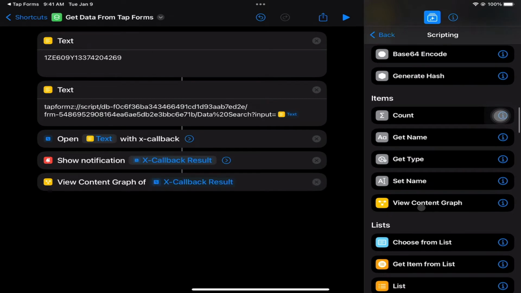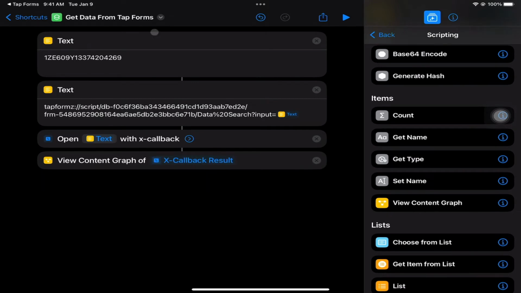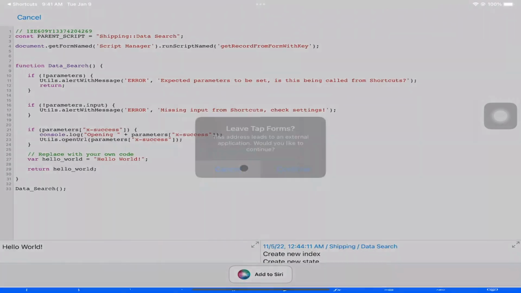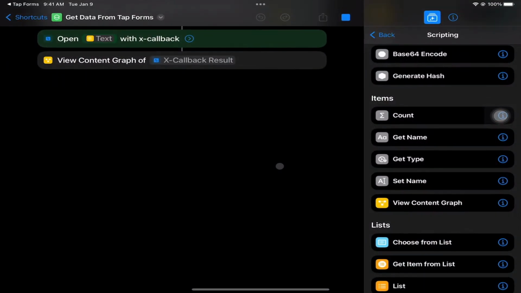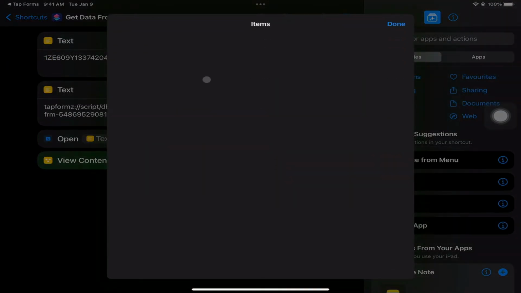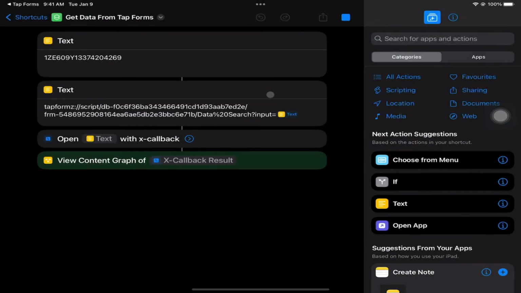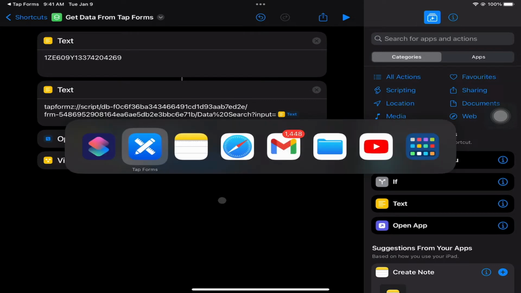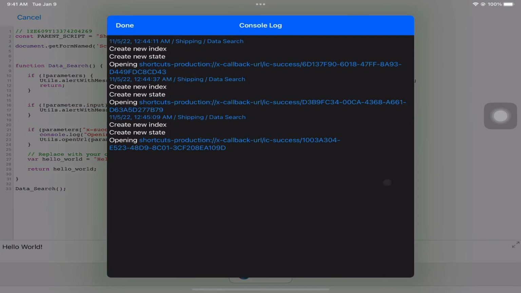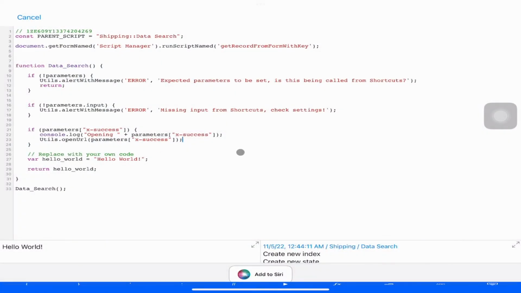View content graph of this. Okay, let's try that. Nothing. Okay, let's see. Console log opening Shortcuts, I see success, and that. I think what we need to do is add to this